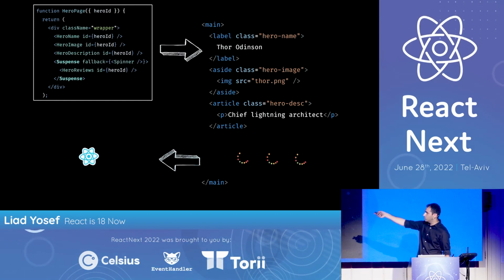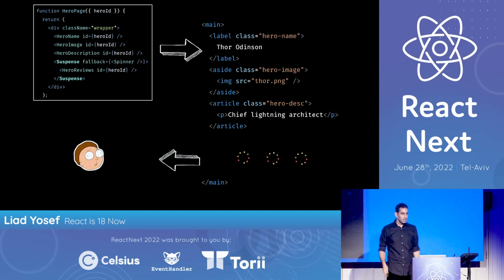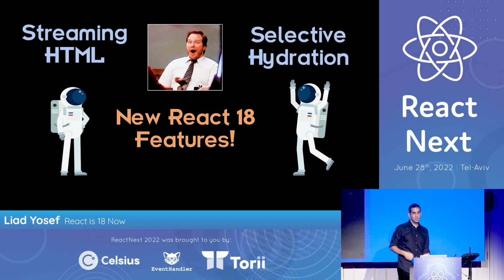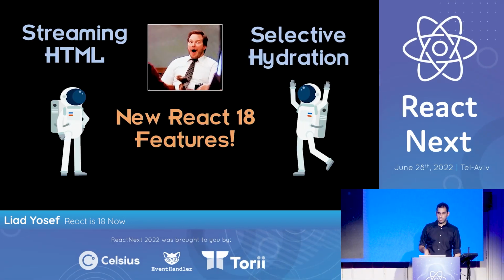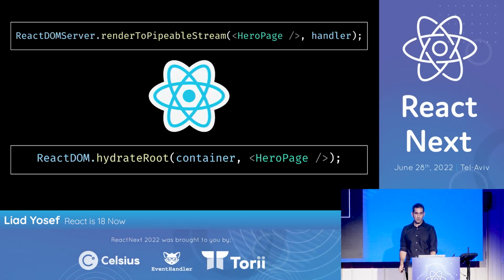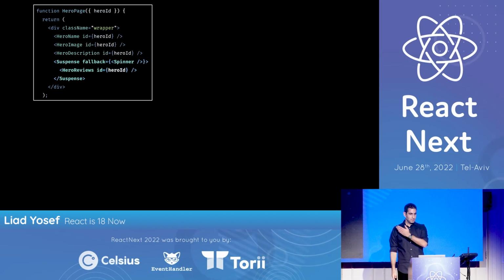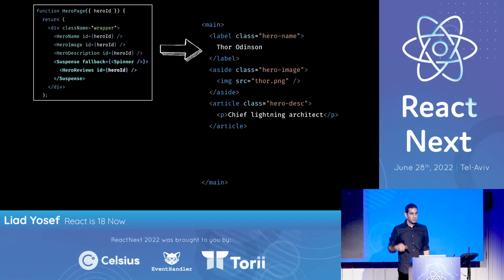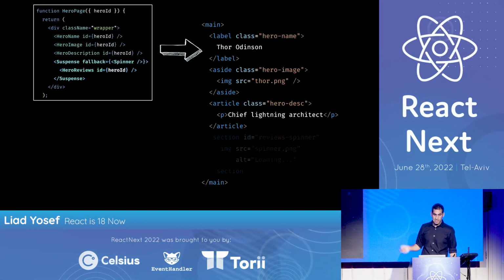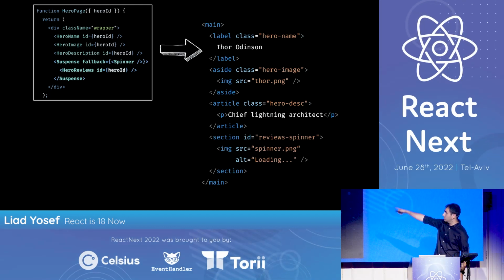So React won't know what to do in the client. But React 18 brings us new features, streaming HTML and selective hydration. Again, can't touch it. We can use it with those APIs, so I won't dive into it. But streaming HTML means that whenever the server tries to do SSR with Suspense, it will create a placeholder here,